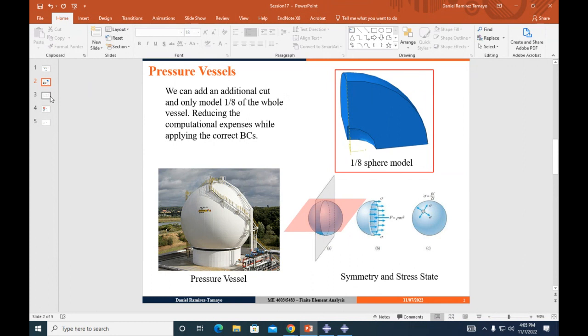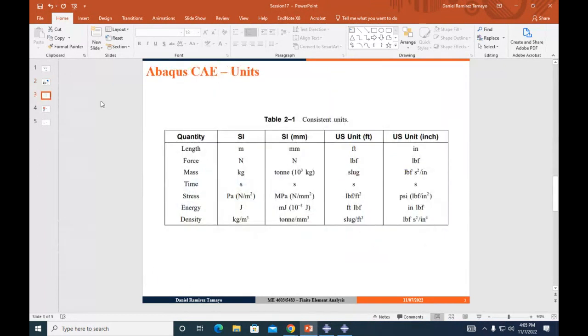Because from what I've seen, everyone is a little bit knowledgeable in SolidWorks or in these modeling techniques. So I'm going to focus more on the complicated physics, which is the plasticity and the heat transfer in here. I'm going to use this table later because with properties, we have to be super consistent. All right, so let's get started.